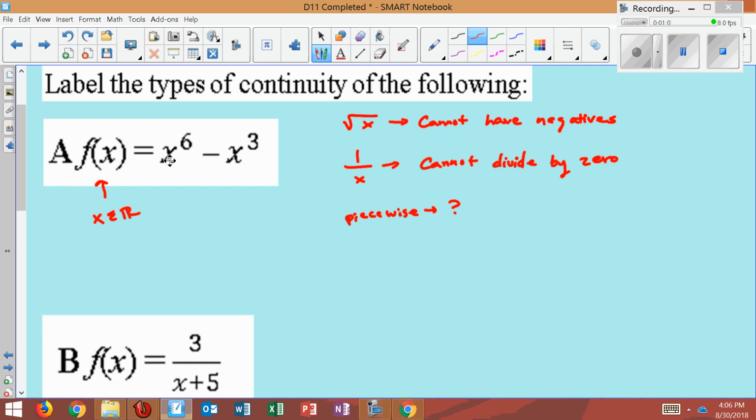This one does not have any division. It's not piecewise. There's no square root. So since it's all reals, there's no breaks here. So this is continuous. This first one is continuous. Let me write that in a different color. We can see better. And you could graph this, which I guess I can do so, but